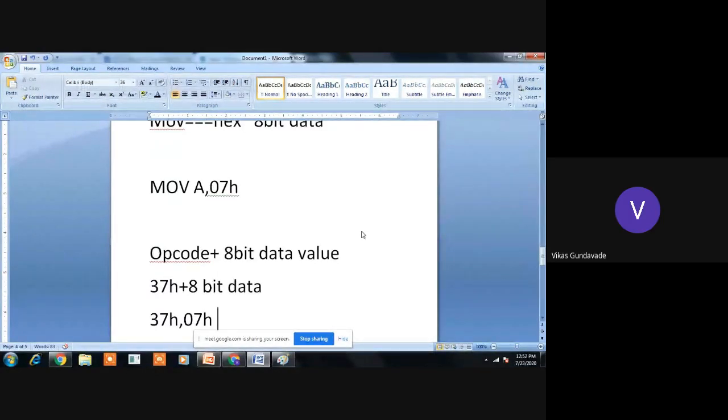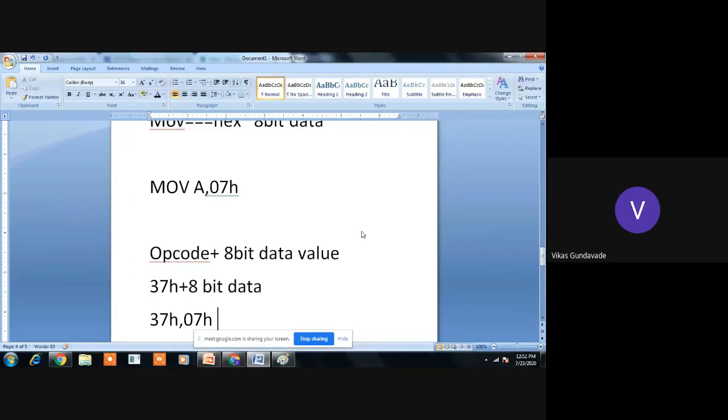So every instruction has one mnemonic, which is nothing but the opcode, and this opcode is converted into a hex number. To store that hex number, it requires one space or one byte, and if the instruction has some operands, then to store the operands it will require some more bytes.